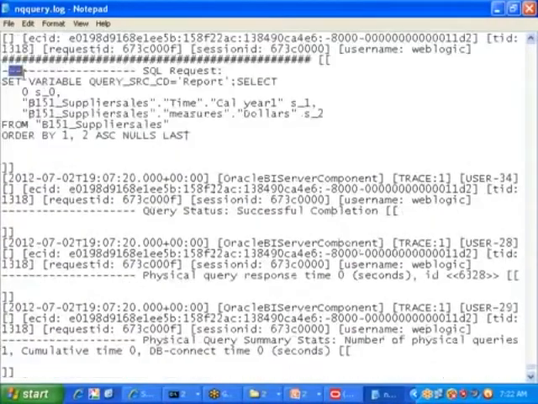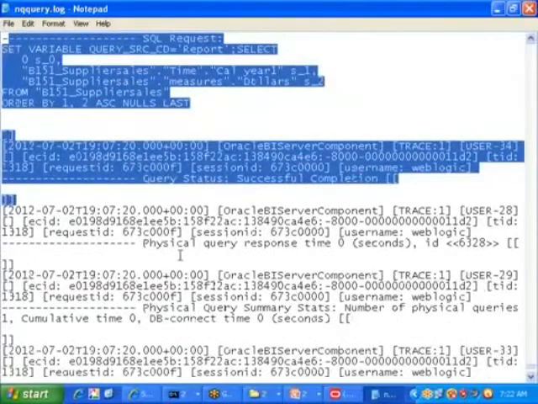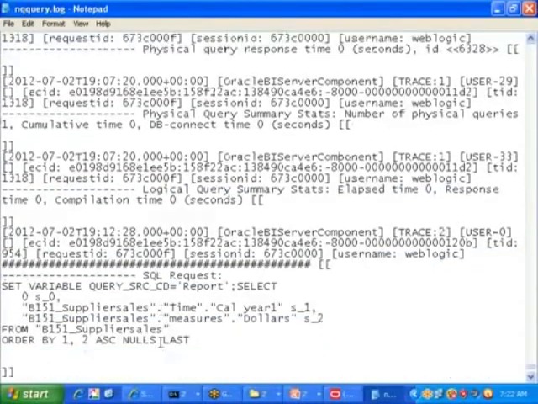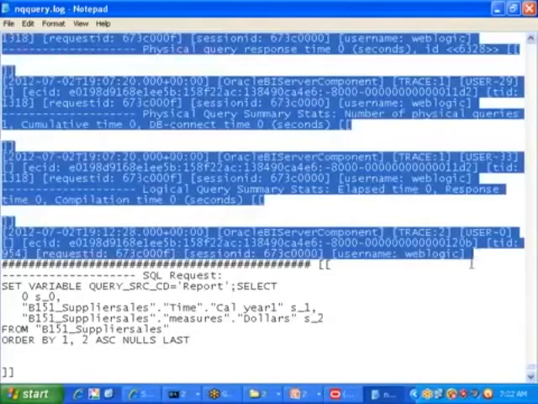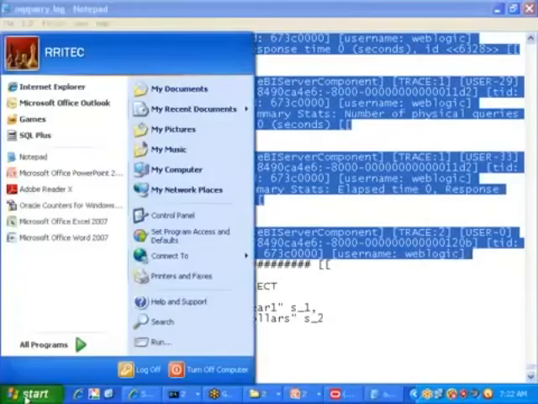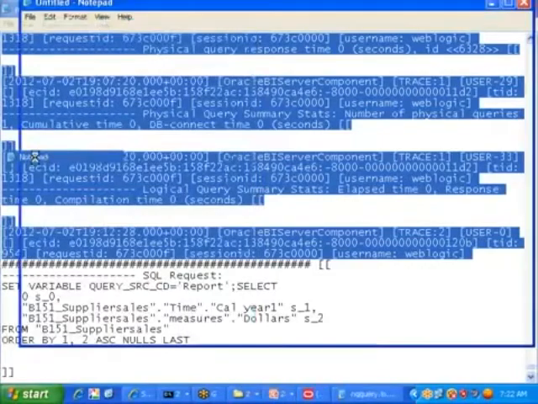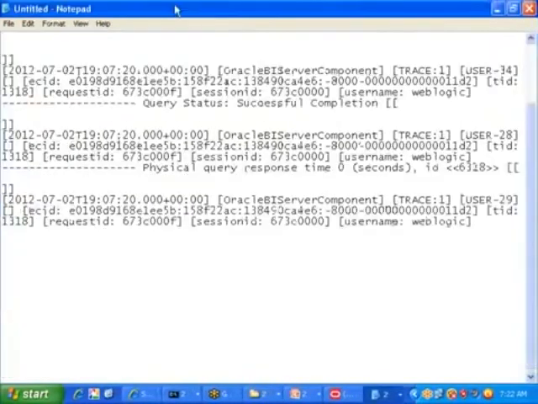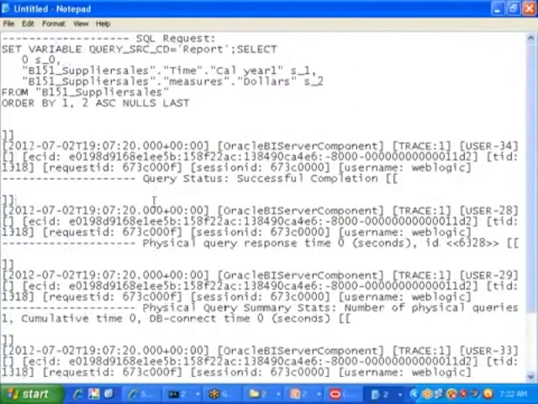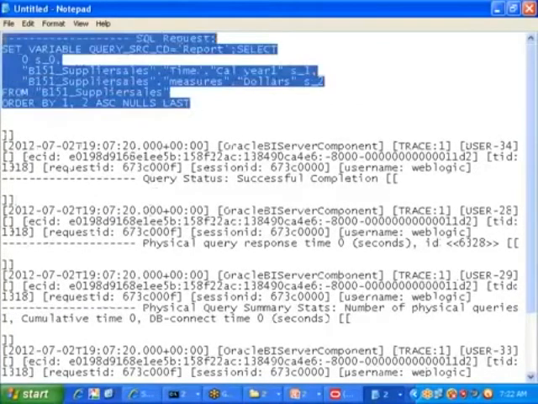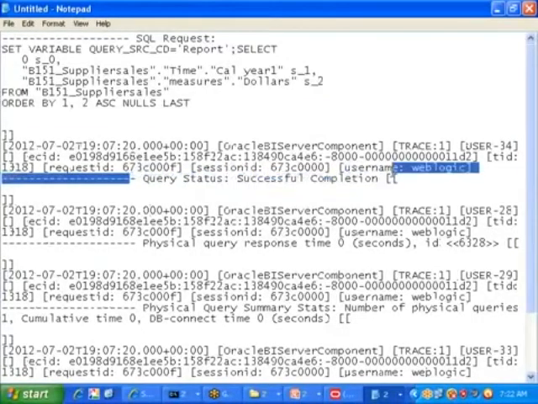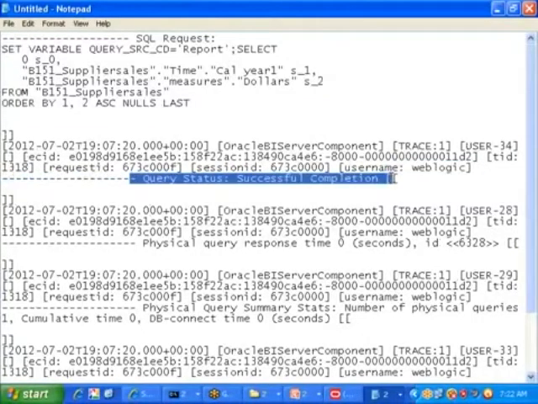Let me take separate notepads. Right. You see here, one is logical SQL. Next one is what, sir? Query status, successfully completed or not.